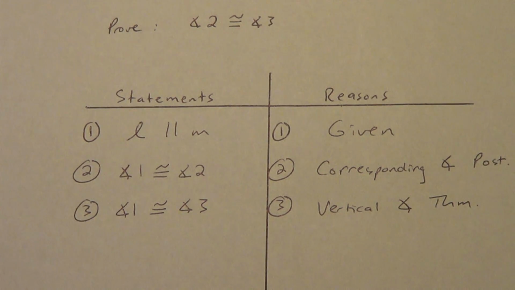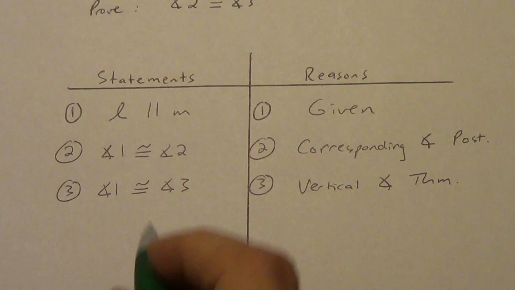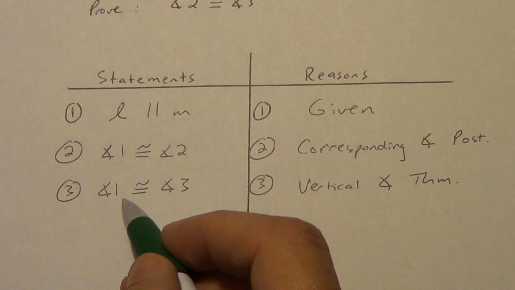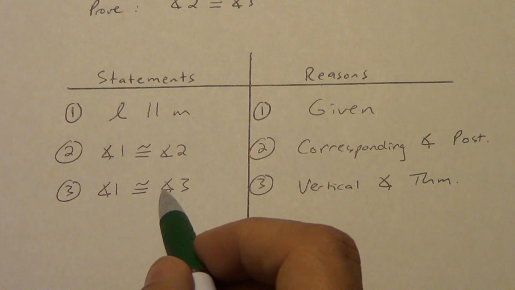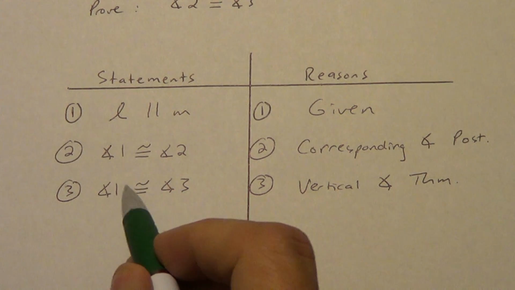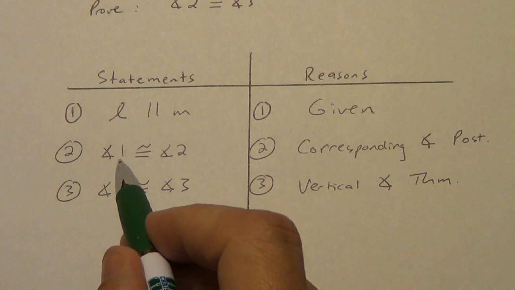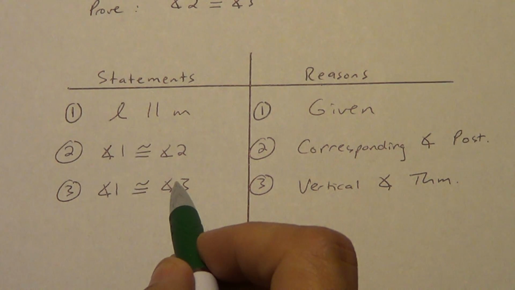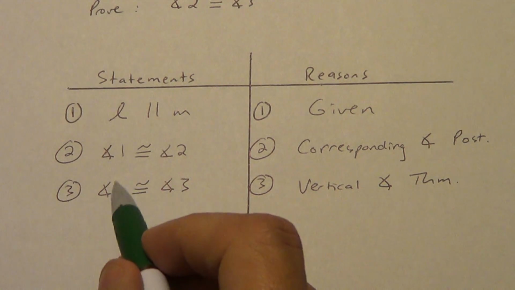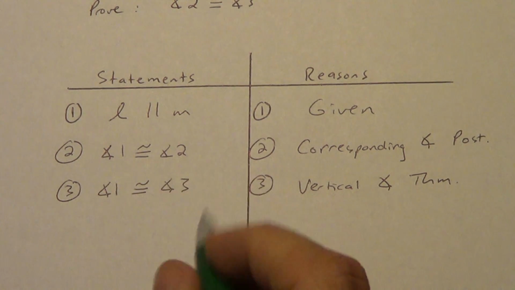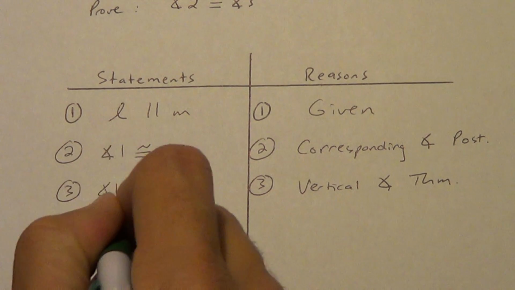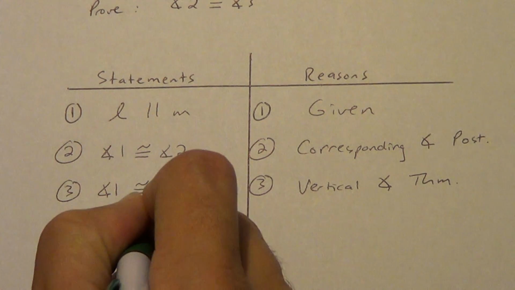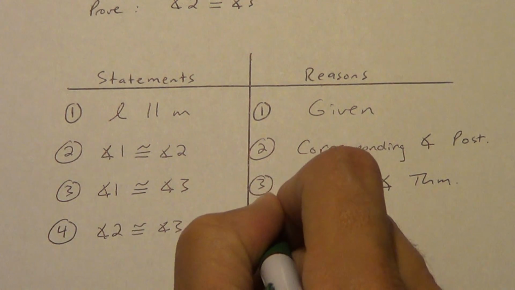Alright, now, we don't even need to look at the picture anymore. We see angle 1 is used twice. So 1 to 2, 1 to 3. We're kind of going to work our way from 2, something in the middle, and get to 3. How do we do that? How do we get past that thing in the middle? You guys remember that? Angle 2 is congruent to angle 3 because of the